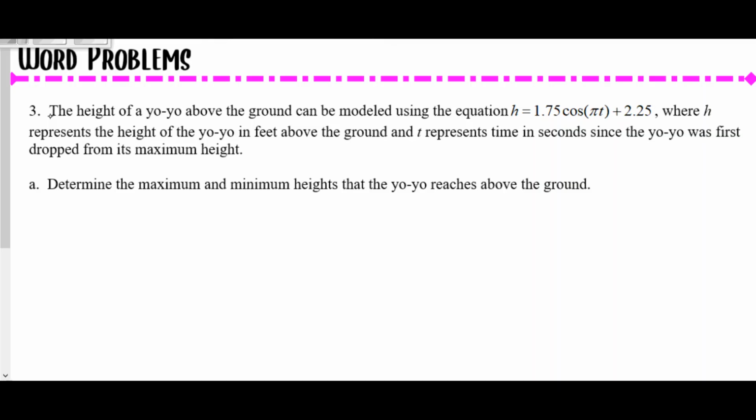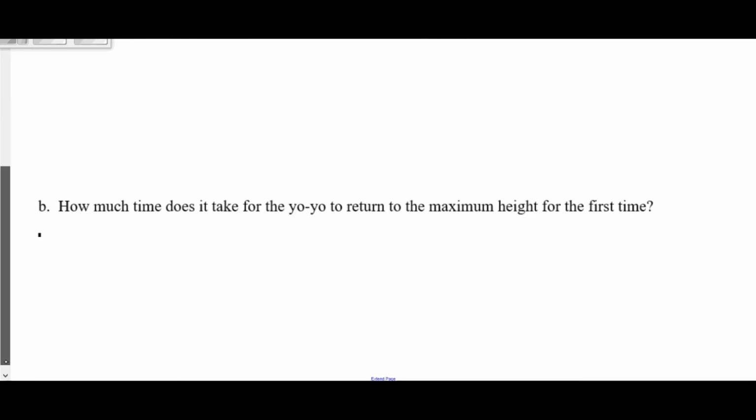Above the ground can be modeled using the equation h equals 1.75 cosine pi t plus 2.25, where h represents the height of the yo-yo in feet above the ground, and t represents time in seconds the yo-yo was first dropped. So I want you guys to try this one by yourselves. I'm going to go through it, but I want you to pause the video, attempt part A and B by yourself,